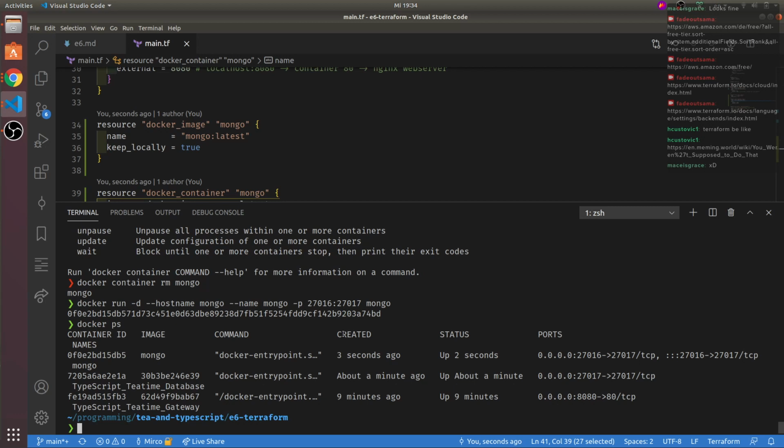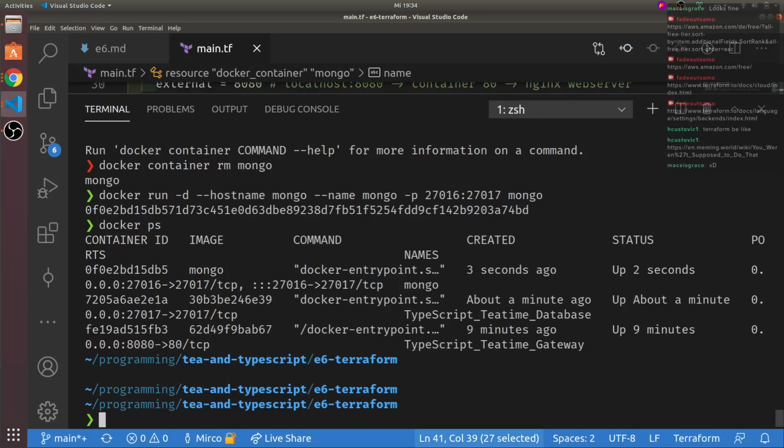But only for this one mistake and everything in the dependency graph that would come after it, of course. So if we had stuff that depended on this TypeScript T-time database to be up and running, then I'm not 100% sure, but I'm pretty sure Terraform would have taken care of not running everything that depends on it.